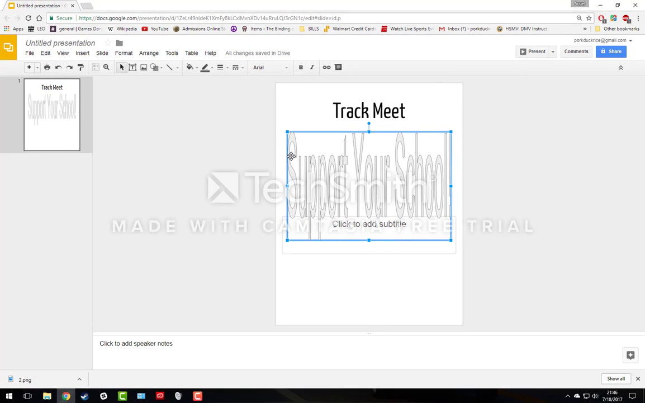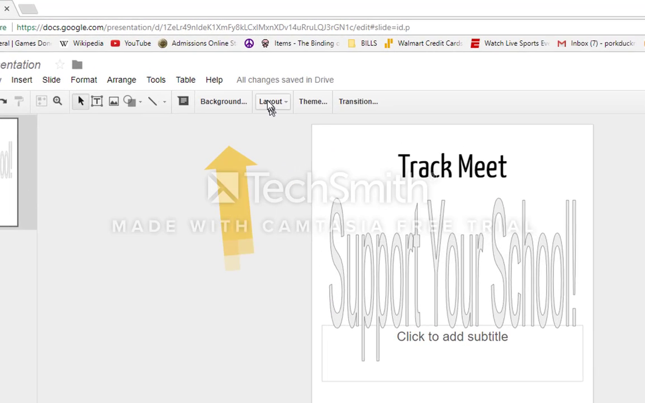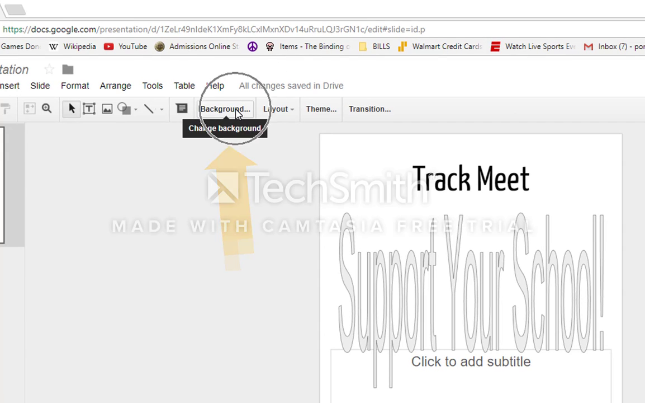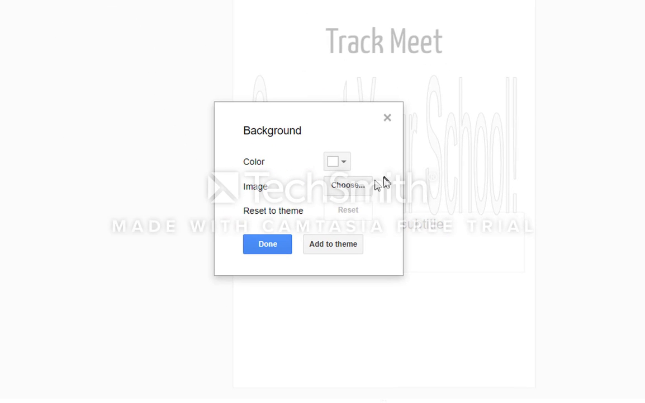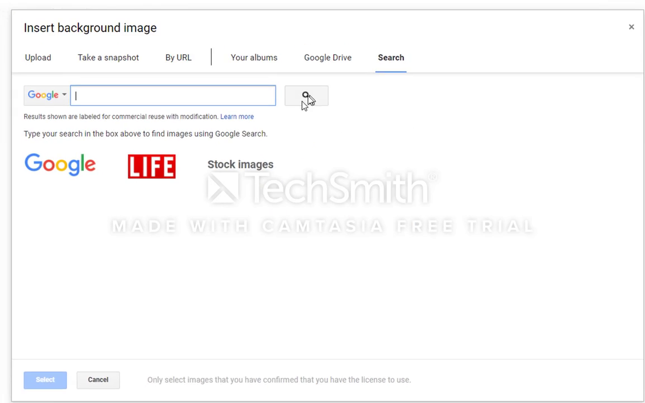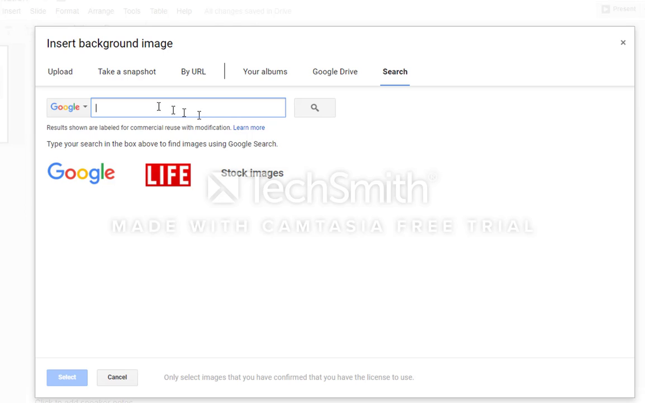If you want to add a background to your image after you've added your word art, you could do so. First, click out of the transformation box, and click on background right here. You can choose a color or an image. We're going to go ahead and go with image. As you can see here, you can search for it using Google, Live Images, or Stock Images. We're going to go ahead and do a Google search for track and